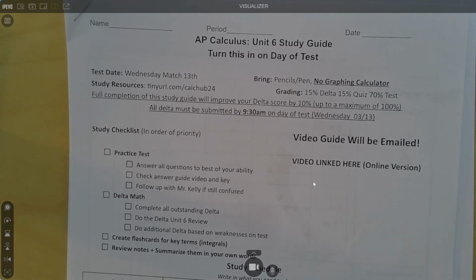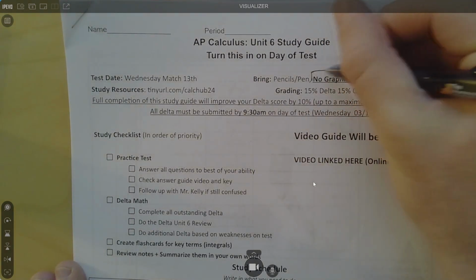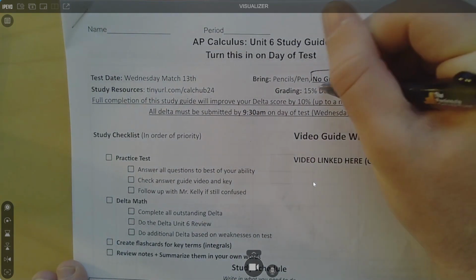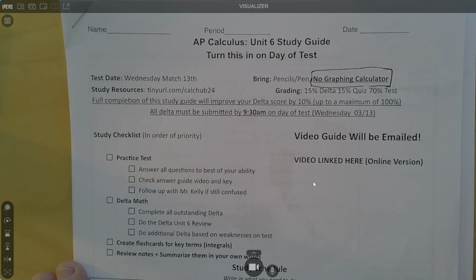Hey all, this is the Unit 6 study guide for the test that is on March 13th. A couple things to note: this is a no graphing calculator test. There's no calculator at all on this test, no calculator needed. Normal stuff, the delta,